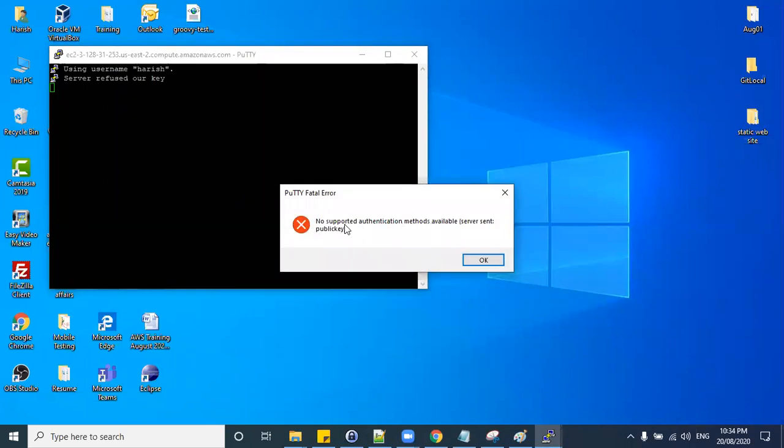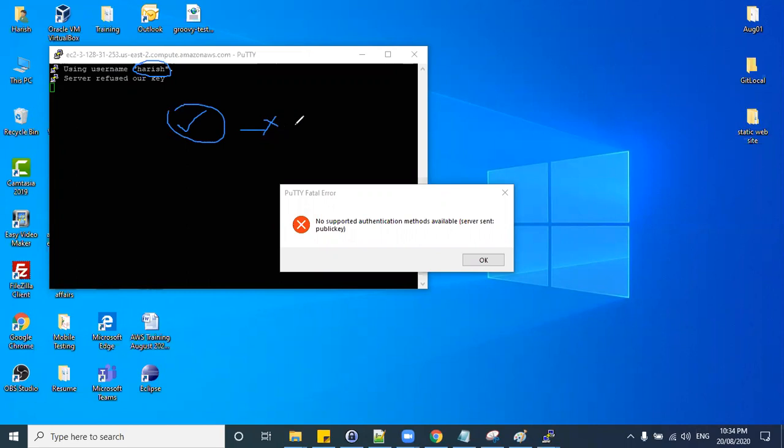It says no supported authentication methods available, server sent public key, but your private key didn't match. This private key was for ec2-user, but we are trying to log in with the Harish user here. So that's the reason the private key and the public key didn't match. The public key is correct, but the private key is the ec2-user private key, and you are trying to log in as Harish. That's why this authentication has failed.